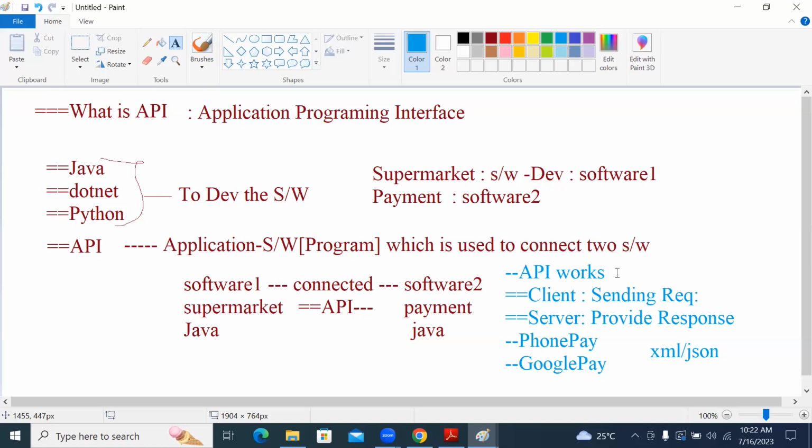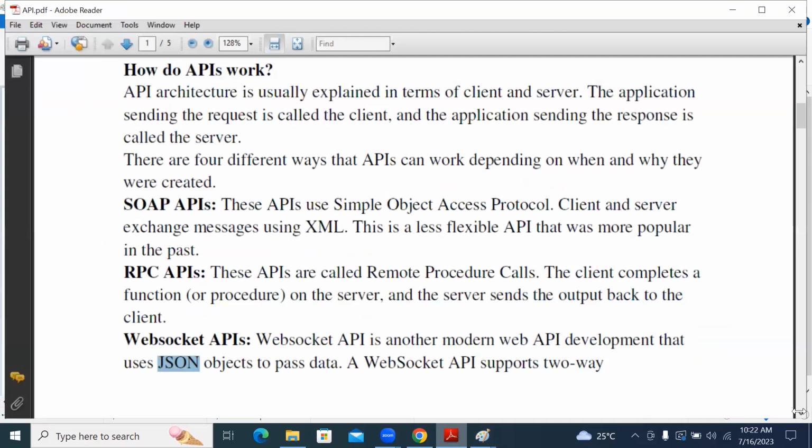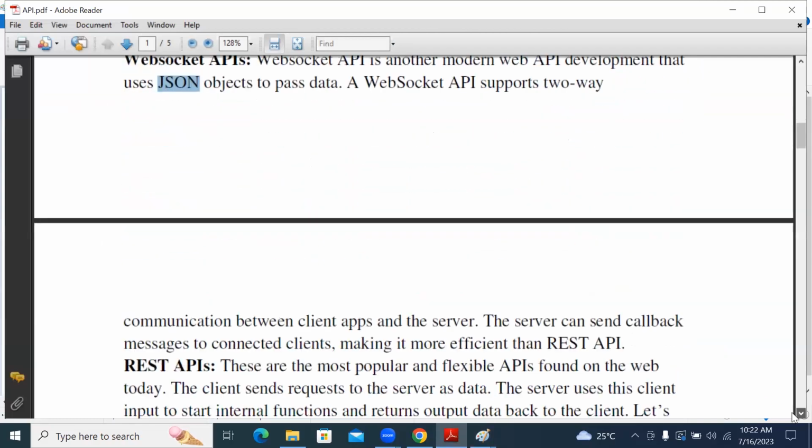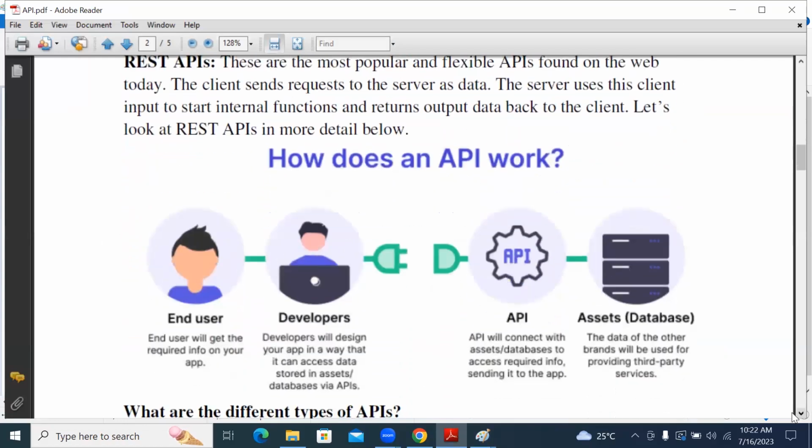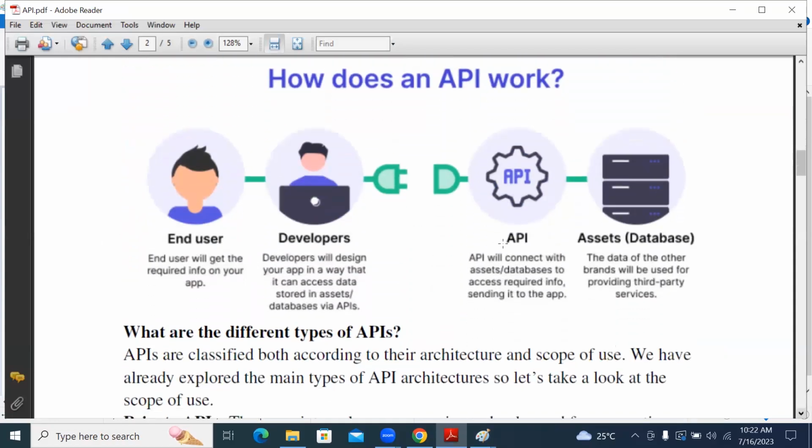So this is what an API is and how it works. There are different types of APIs. I have given the diagram showing how exactly an API works: developers develop it, and the API works as a mediator, taking the response from the server and giving it.